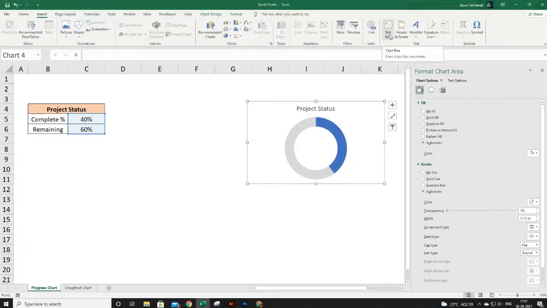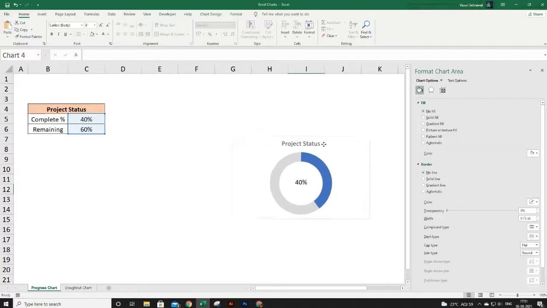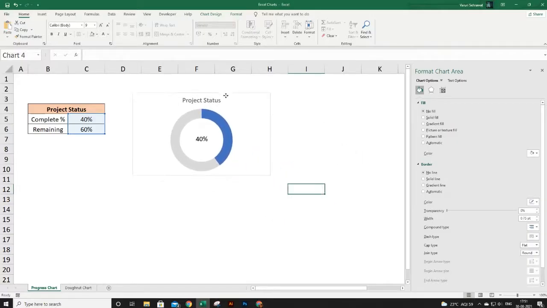We want to add the text box. Select this option, text box, draw it here, go to its formula bar and write here equal to this cell reference and press enter. Adjust it so that it sits in the middle of the circle. Now check this out. Every time I move my chart, the text box is also moving with it.